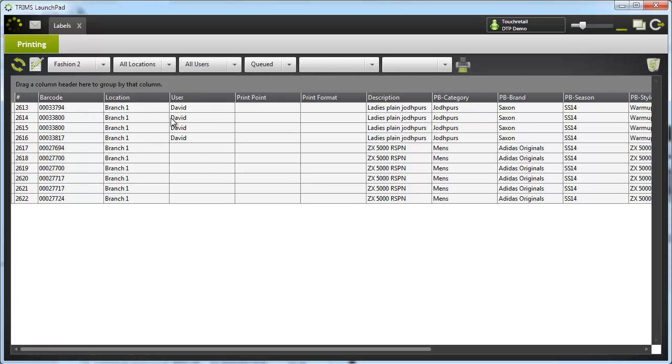To print the labels out, I can simply print everything that I can see there by clicking on the print icon, or I can choose to highlight a number of the labels. I can right click and print, or I can delete them if they're not meant to be in there. I can also rearrange this grid, so